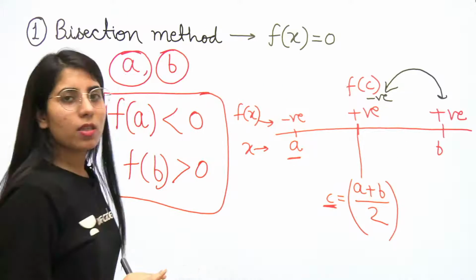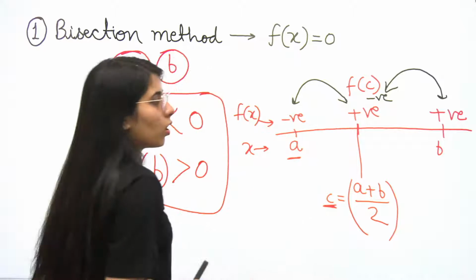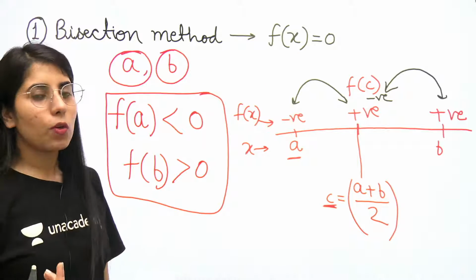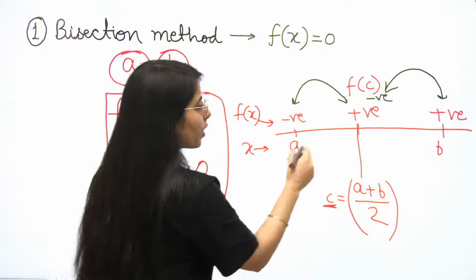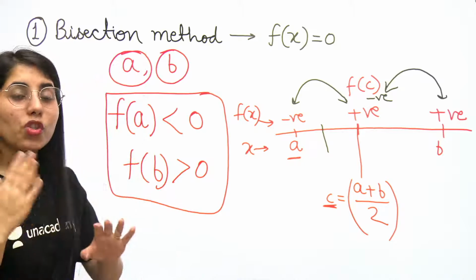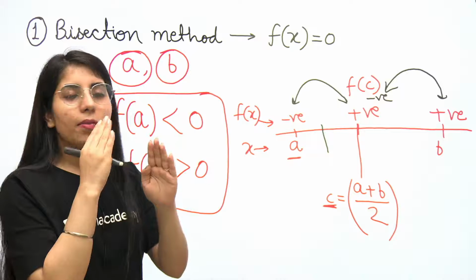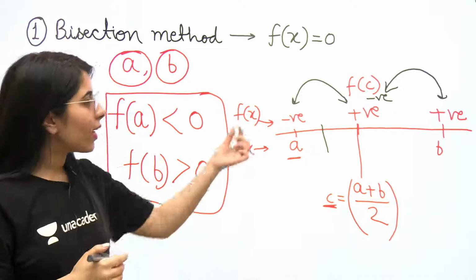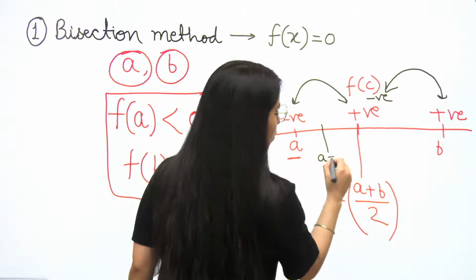One negative, one positive. But if it is positive, then you will have to consider these two. Okay, that can be any case in any question. Next point: once you have got it, one positive, one negative, again you will make the pair and get their center point value. Bisection method. It will just keep on bisecting the points, like from the center you are going to get that midpoint there. Okay, so it's going to be (a + c)/2.